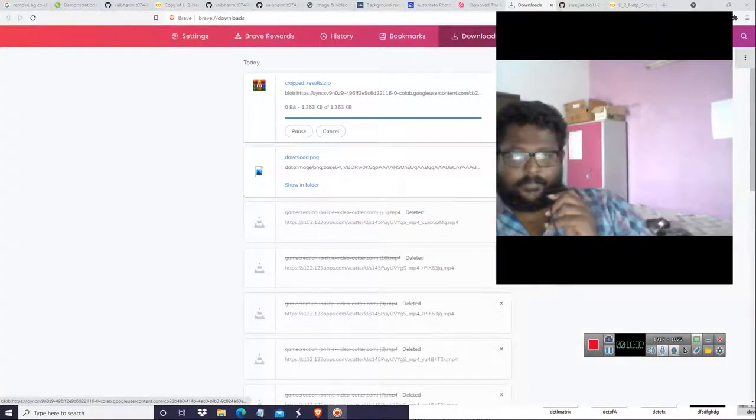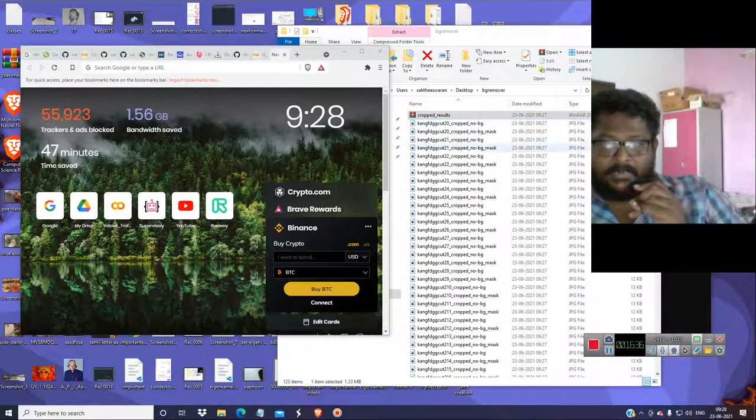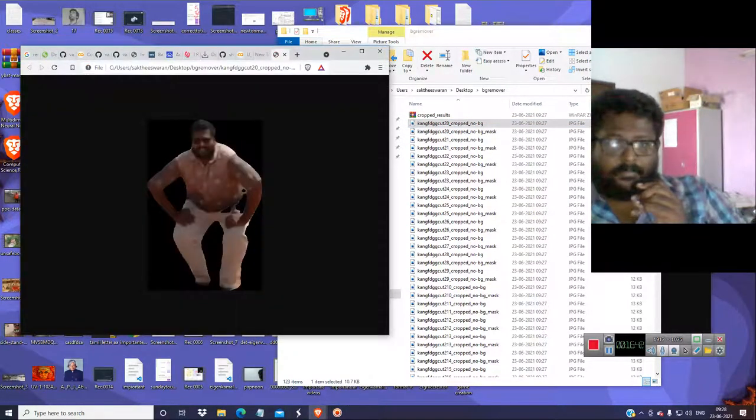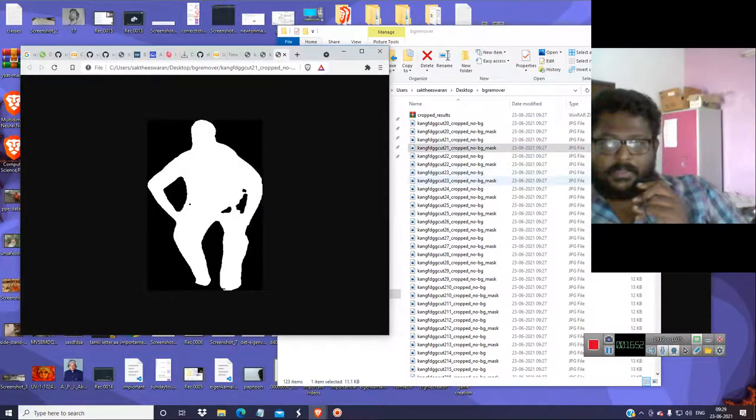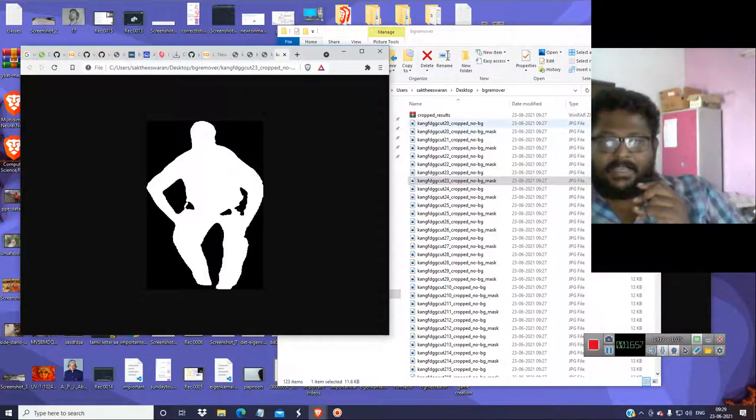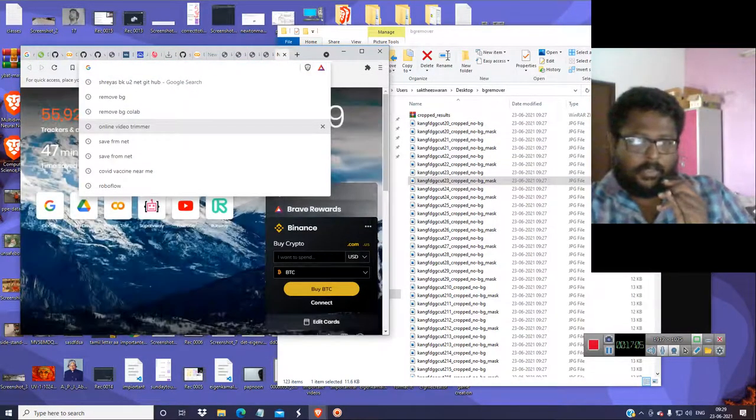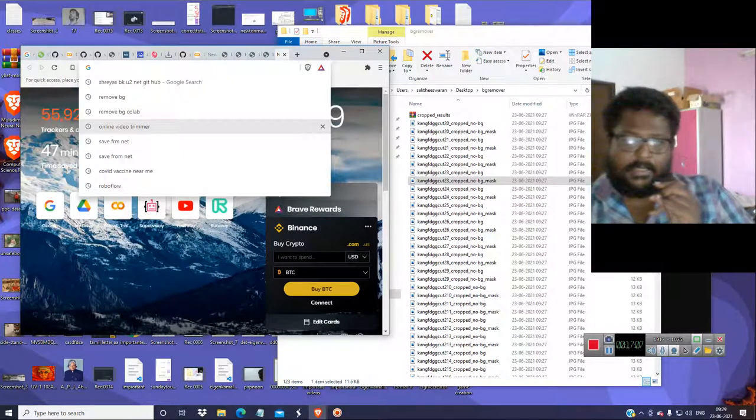The cropped results, mask and mask are given over here. So let's put this over here and see. Okay, it has done very good because we have it as no mask and mask also. So with mask, these are the things we have got. We can even test it on some paint or something, so online paint. Okay, let's take it to an online paint also.